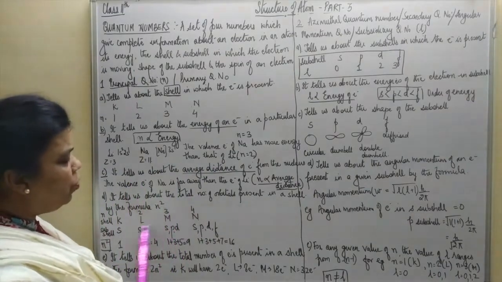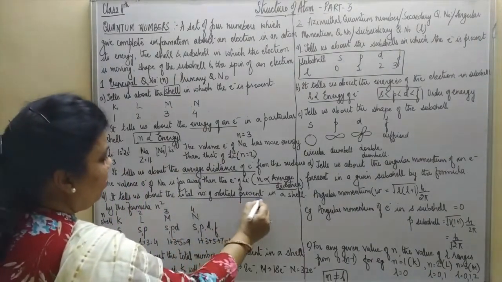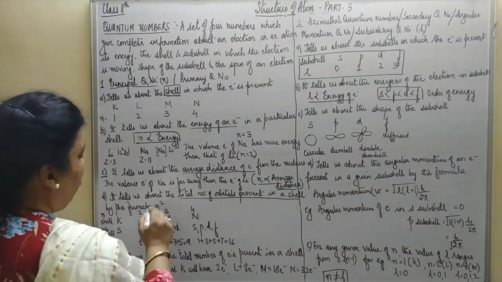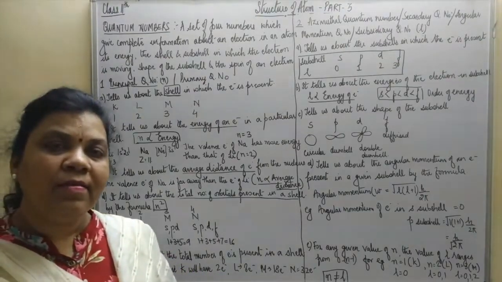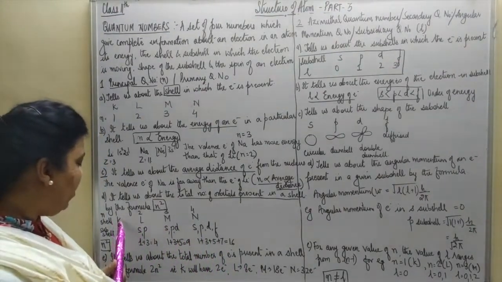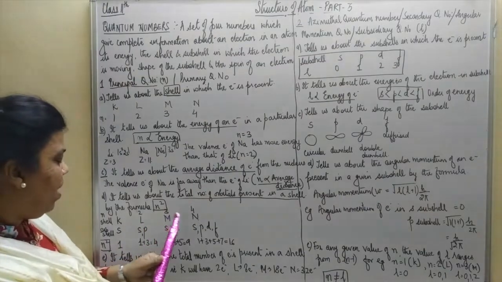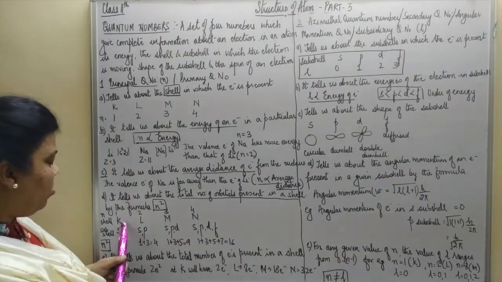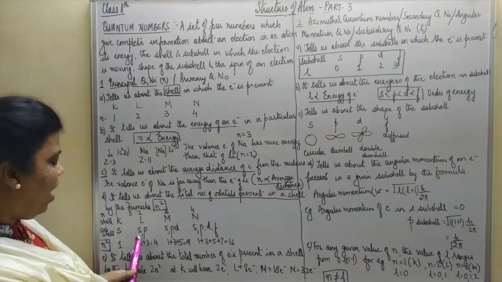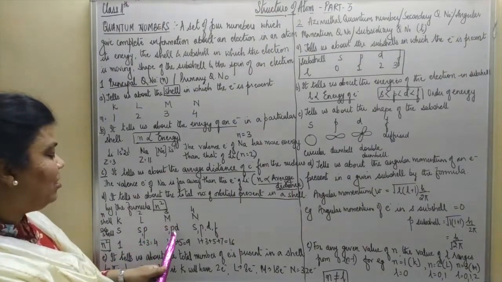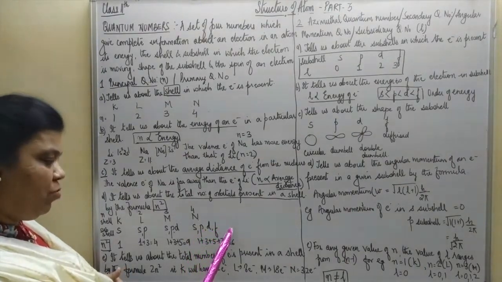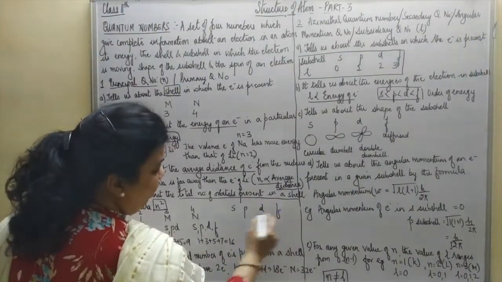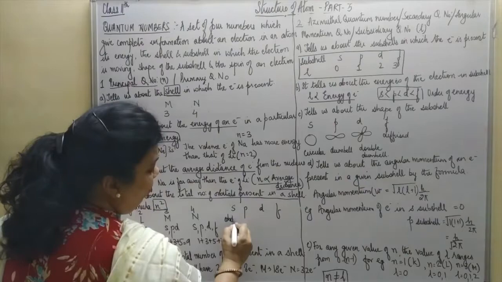It tells us about the total number of orbitals present in the shell. The formula to calculate that is n square. For example, we know we have different shells K, L, M, N. We had discussed earlier that the K shell comprises the S subshell, L will have S and P, M will have S, P and D, and N will have S, P, D and F, all the 4 different types of subshell. We are also aware that each subshell, S, P, D, F, contains a fixed number of orbitals.